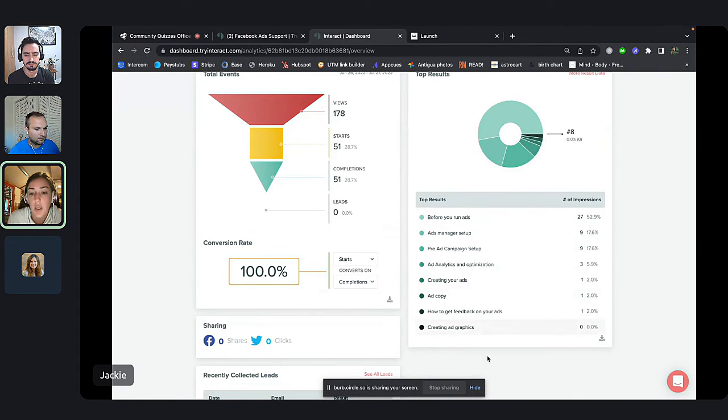So maybe we did all this work to create all of these ad graphics that people could use, but no one has clicked on that spot. Maybe I know that that's in another space in our community, so maybe they already know where it is and they're finding it that way and not coming through the Facebook ad support page. But something to consider: maybe we shouldn't be spending a whole bunch of time creating graphics or these templates if people aren't even looking for them.